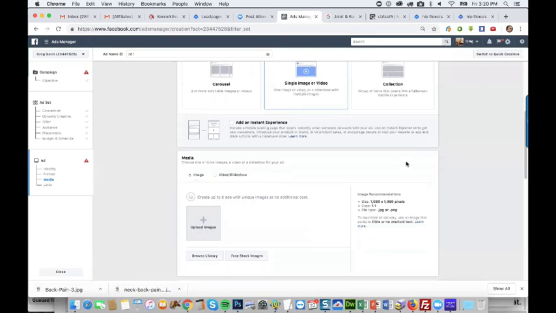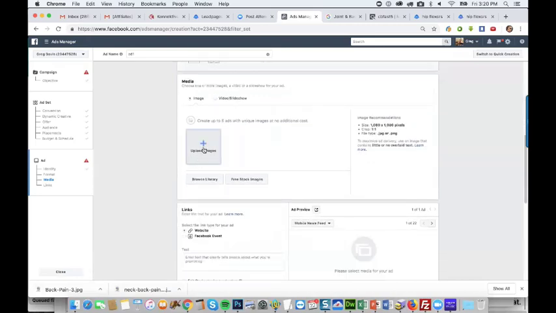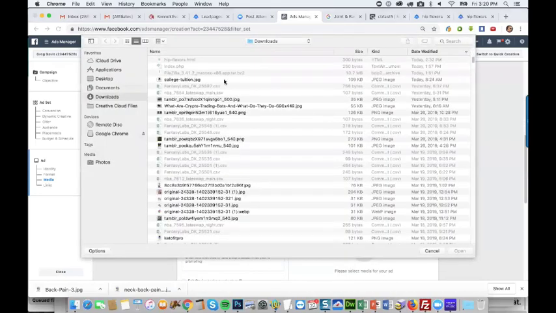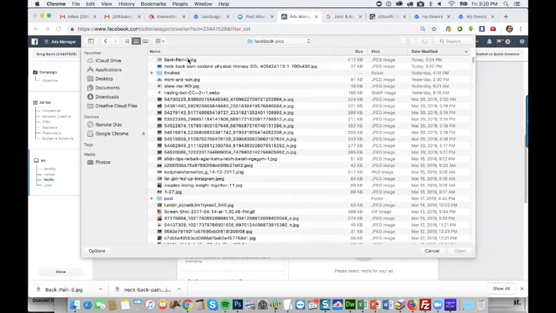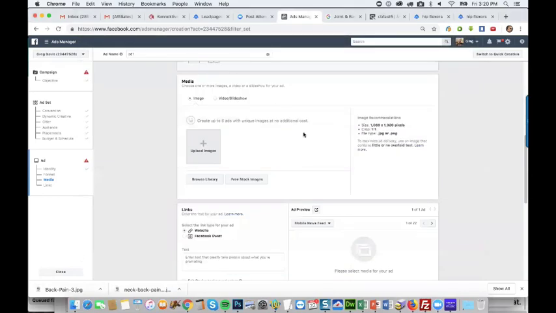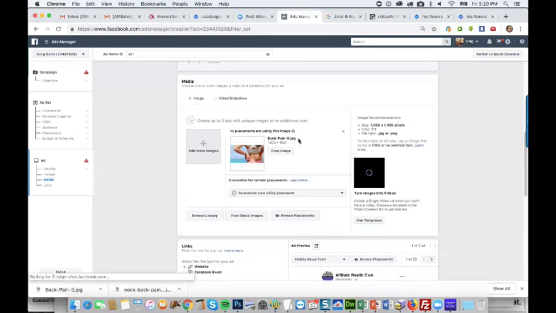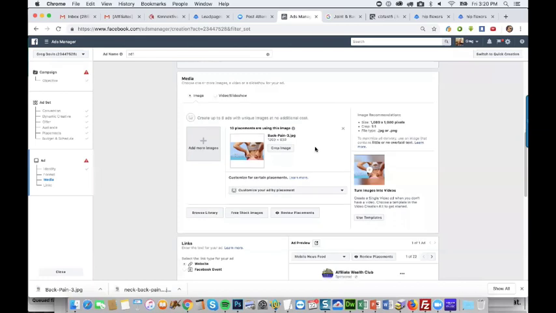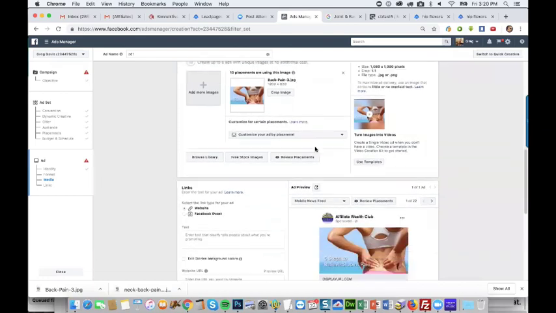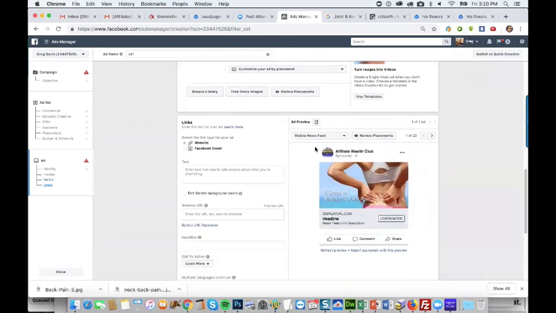We're going to do a single image, so let's upload the images that we found. This was the first one. This is what it looks like on mobile.